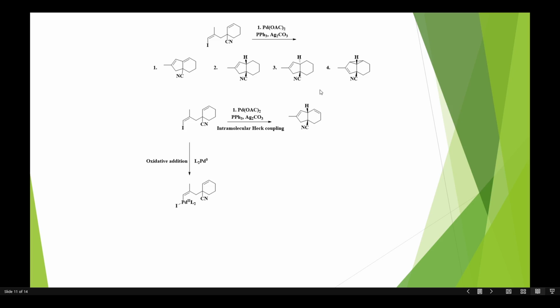But if it comes from the same case, in the whole mechanism, what actually happens is that first it undergoes an oxidative addition with our palladium. The palladium acetate and our phosphine react, and you get the removal of the acetate group, and you get the corresponding palladium(PPh3)2, the palladium zero complex. And that zero complex undergoes the oxidative addition reaction with our halide, and you get the corresponding oxidative addition product. After that, what happens is that the palladium and iodide species reacts with our